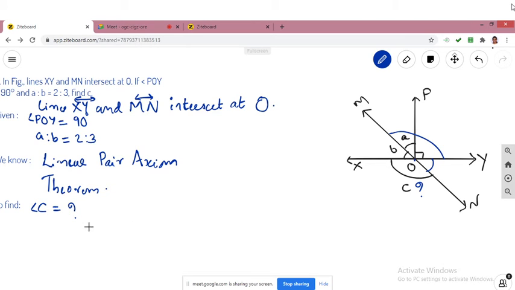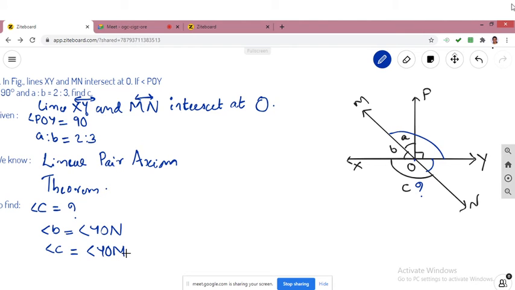Okay, let's check. So by the theorem, what can we say? Angle B is equal to angle YON. As Vasanta was saying, I am going to write it like that. So angle C, okay. Now she was also saying that angle C is equal to angle YOM. Angle YOM is nothing but the sum of two angles, right?